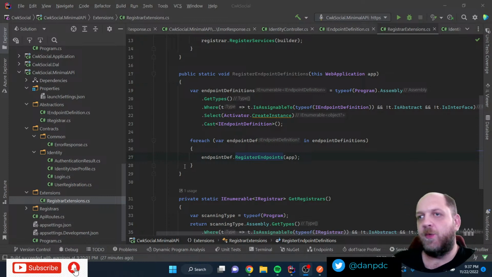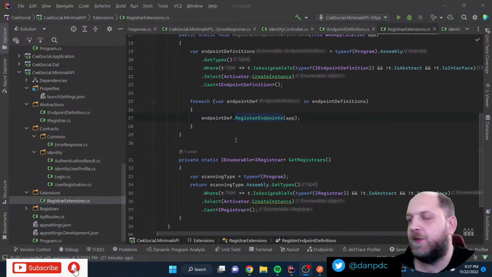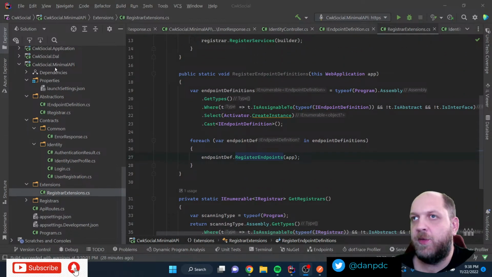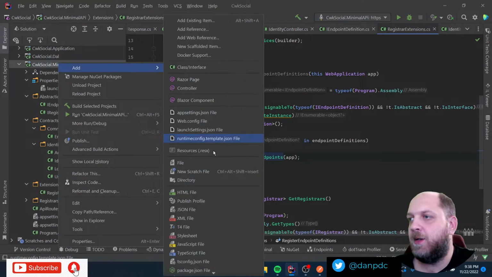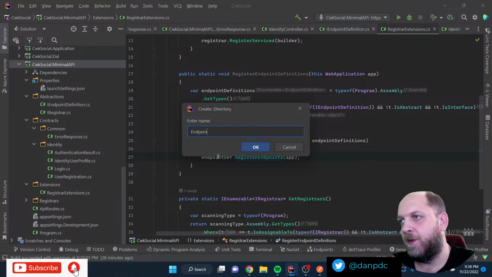Cool. So then we have this method here. So then we can actually go and create a new folder in this minimal API. And where is it? Always. It seems that every time it is at a different place. Endpoint definitions.